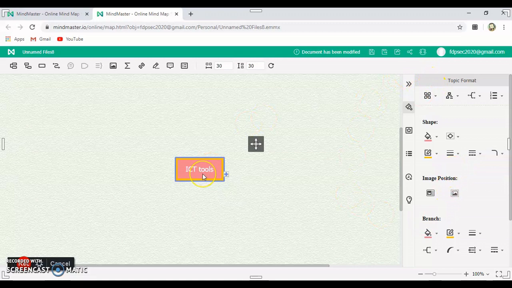Now I click on this. There is a plus button here. I click on this. A subtopic I can add. Now I click on the plus icon here.